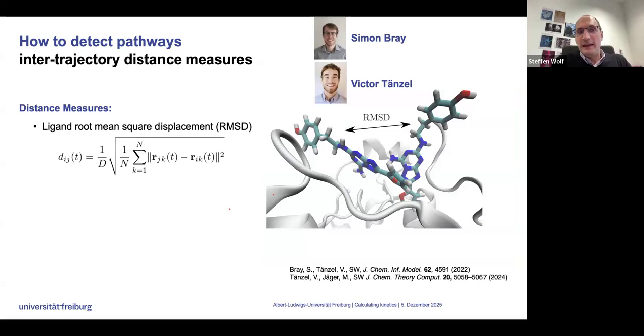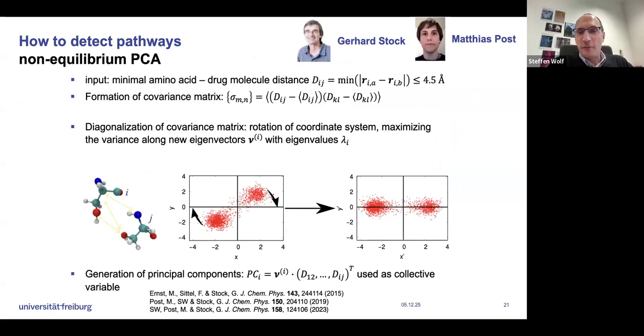One very simple way is that we can fit the protein structure of all trajectories onto one reference structure and then calculate just simply the time-based mean of the root mean square displacement between the ligand atoms between the different trajectories. However, we found that it's significantly better to obtain a dimensionally reduced overview of these approaches by, first of all,